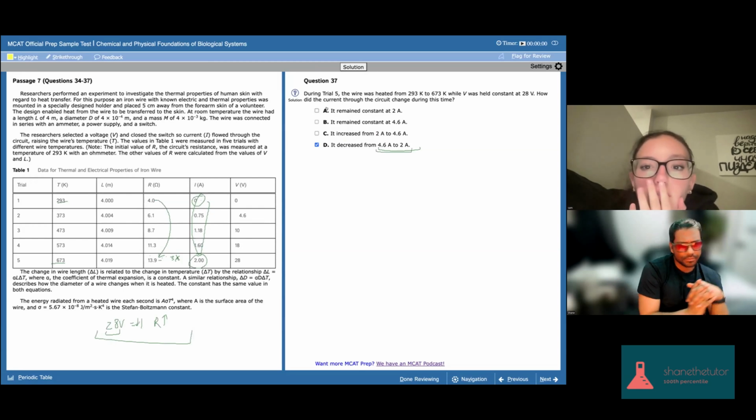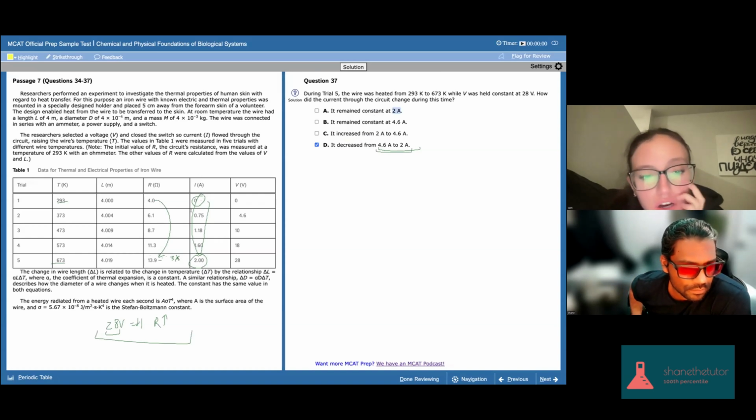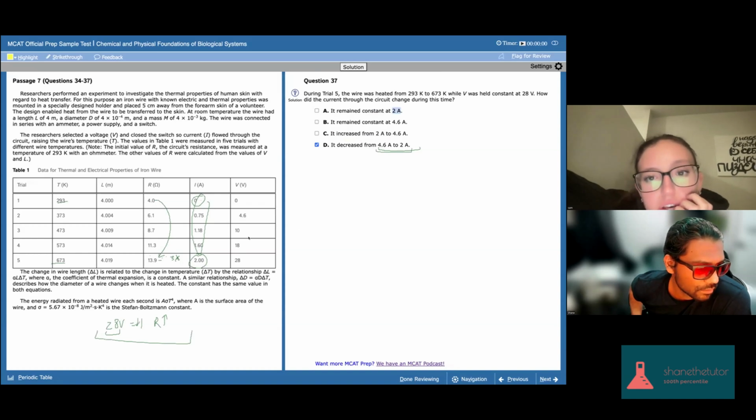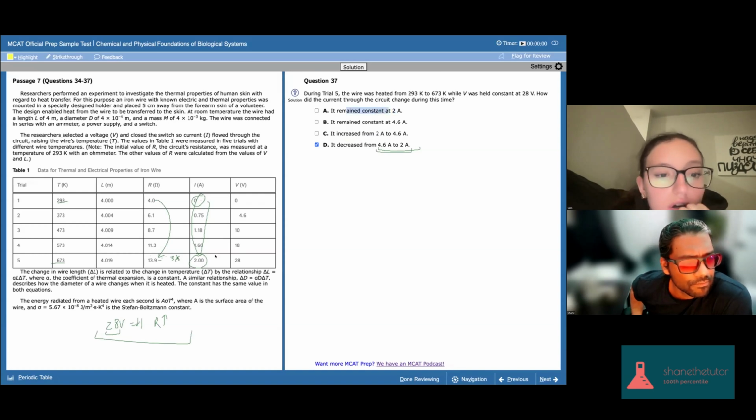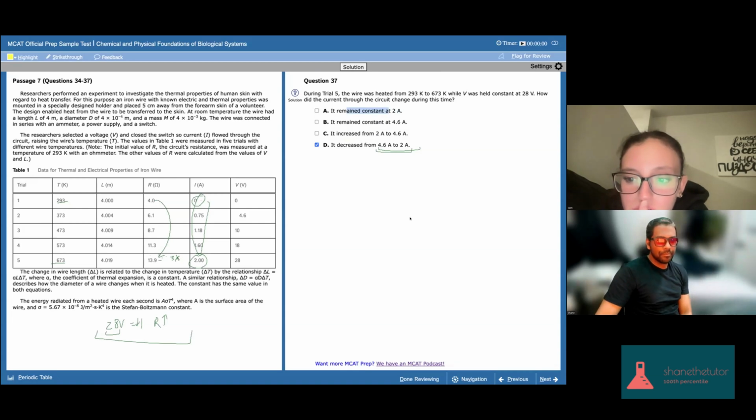I would have looked for something that includes 2, but it's not increasing from 2. I'm really confused by it now that I'm looking at it. I genuinely don't know what provoked me to pick D. I don't like that it says remain constant, because it increases to what I would have liked to see here, but I think they're saying during trial